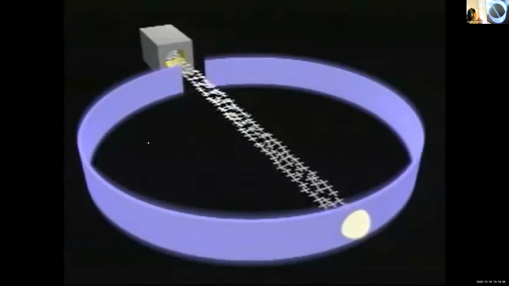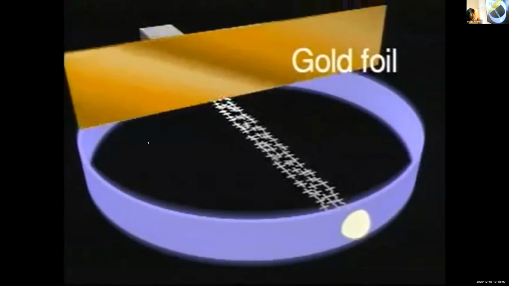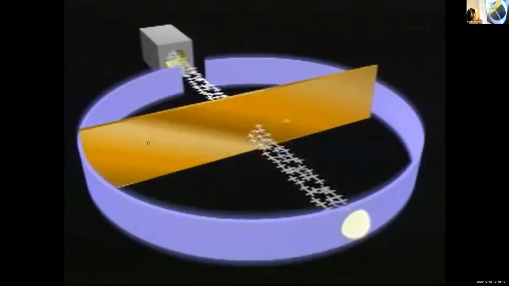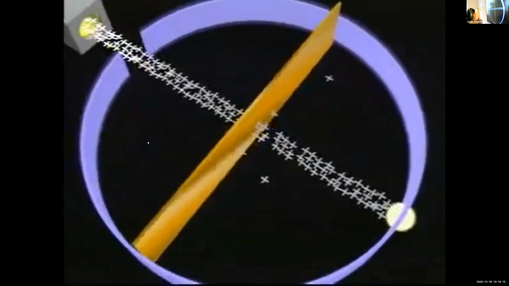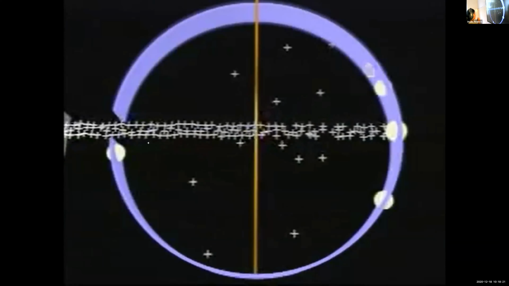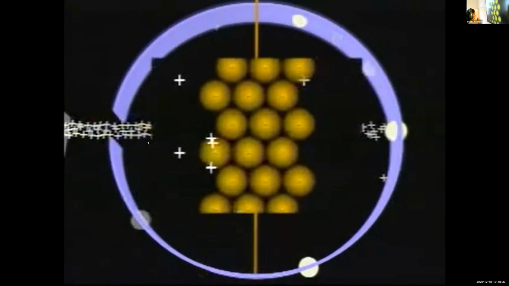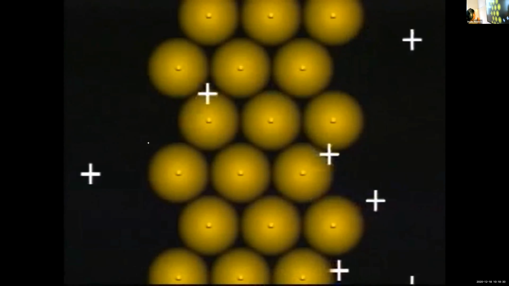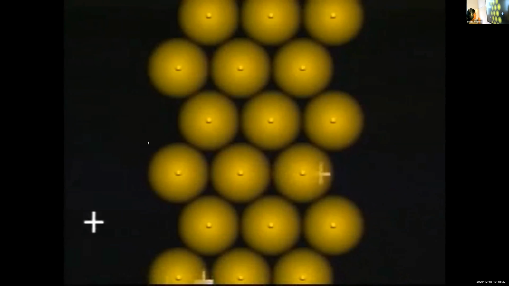When a very thin sheet of gold foil was placed in the pathway of the particle beam, a few particles were deflected to the side. Occasionally, particles were deflected straight back. But nearly all particles passed right through the gold foil, as if it were not there. The scientists concluded that atoms must be mostly empty space, and that because some particles are deflected, there must be a small positively charged central mass, which they called the nucleus.